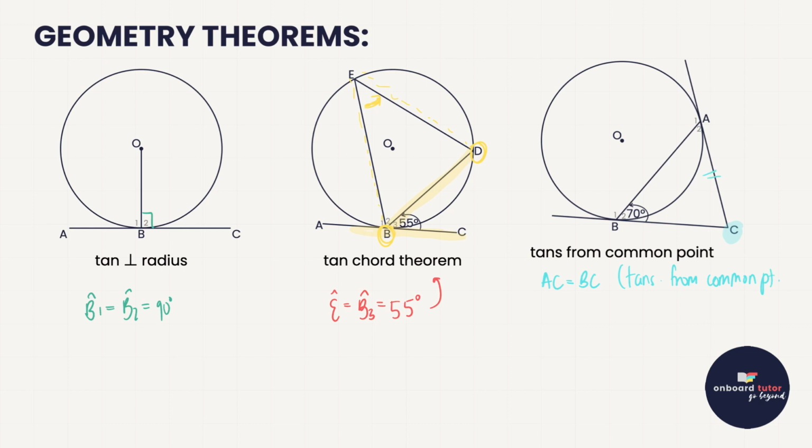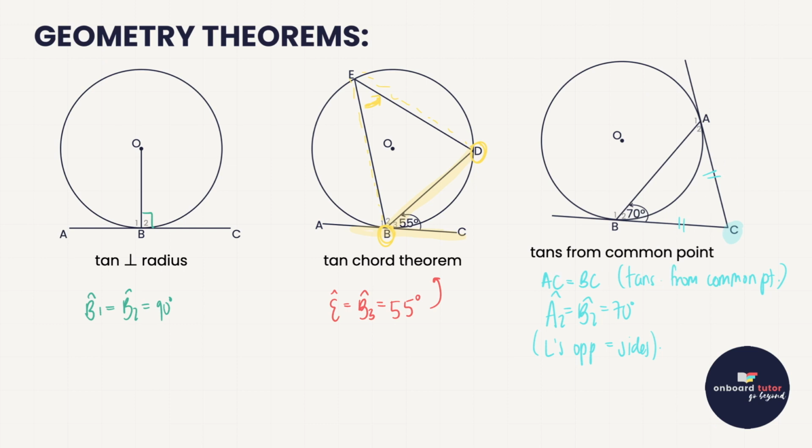Then because they are equal, we can deduce something about those angles. Okay, so what do we know? Angles opposite equal sides are equal. So because B2 is equal to 70, A2 then is also equal to 70. So A2 is equal to B2 is equal to 70 degrees, and that is angles opposite equal sides. Okay, so that's a little rule we learned already in grade 8, but it's relevant because tangents from a common